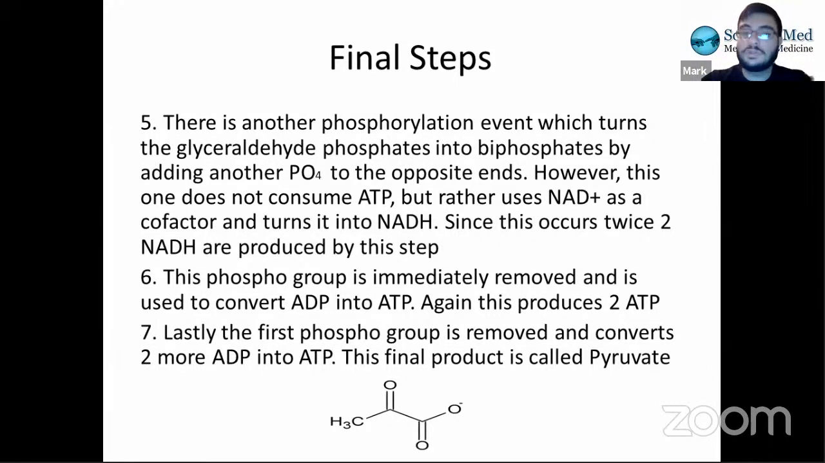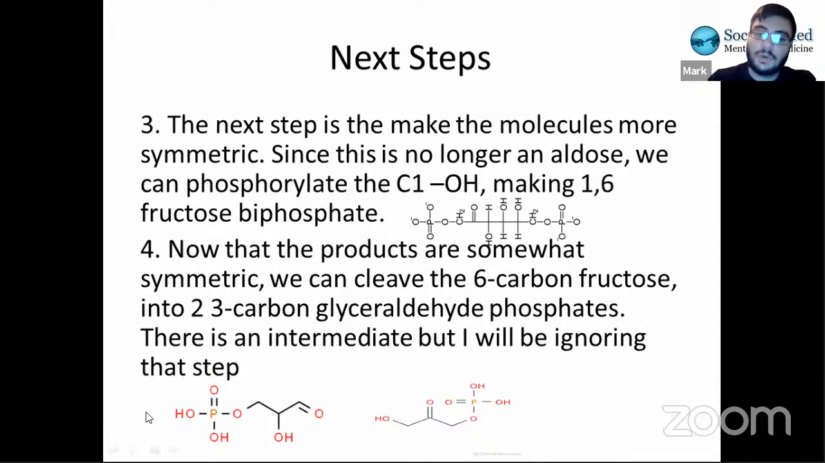But these don't use ATP. Rather, these use NAD plus as a cofactor, and it actually turns it into NADH, which is what we want. We want to turn NAD plus into NADH. So rather than using energy using ATP, we actually make something, NADH, which is equivalent to ATP. So this is a very net positive step. And again, this occurs twice. So 2 NADH are produced, again, because there's 2 of these, right? And each one gets an